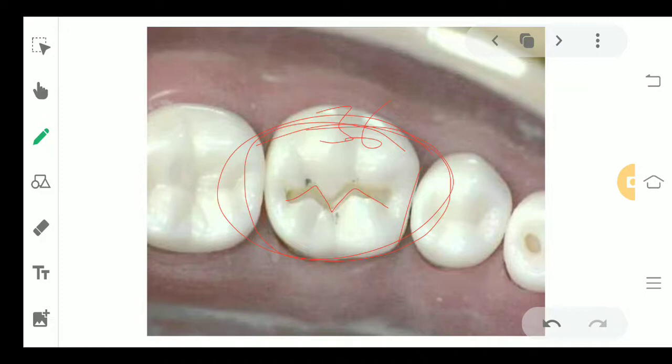In a class 1 cavity, you can see this is the shape of how you're supposed to make the cavity on a molar. You have to make it as per the grooves which are present on the molar. You have to go with the design. For example, if it was in a molar, the cavity shape would have been like this. And when you do this in the patient, you also have to keep in mind where the caries is extended. Just because I'm telling you to keep in mind the grooves, you don't leave out a part of the caries, as that will not help. You have to remove every part of caries on the occlusal surface.